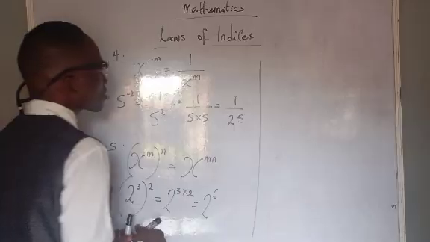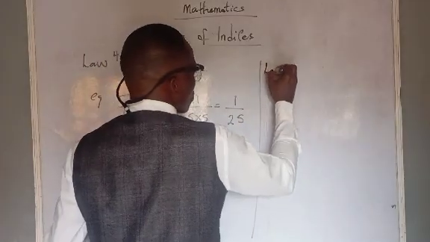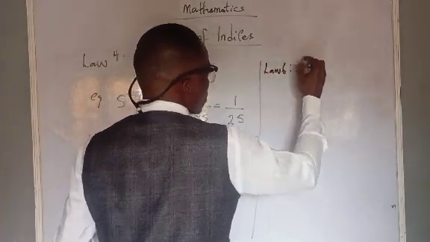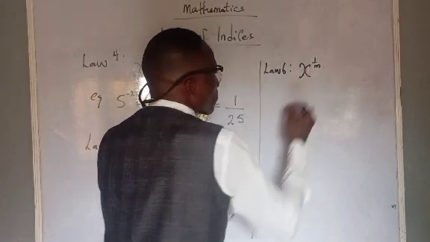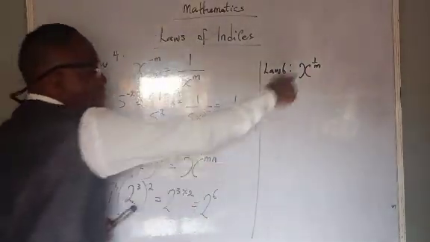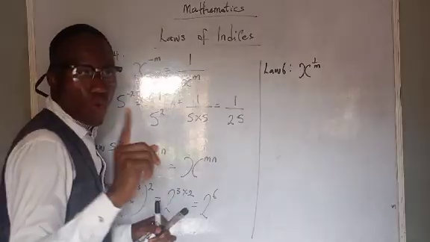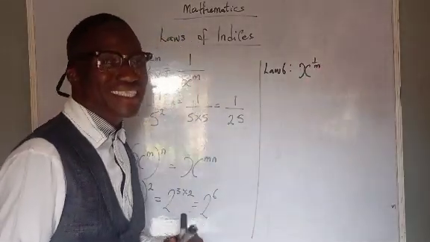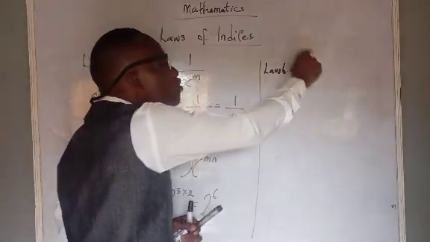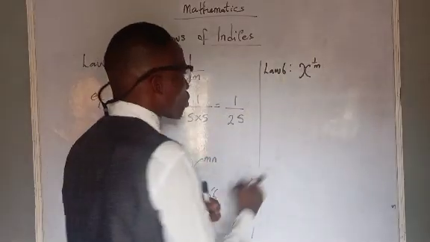Law 6. Law 6 states x raised to the power of 1 all over n. When you have a fraction as your power, what will it do? I will make the denominator the root, and make the numerator the power. So it will not be